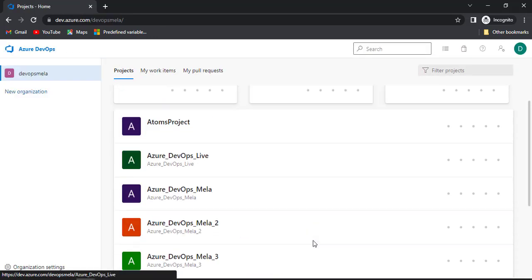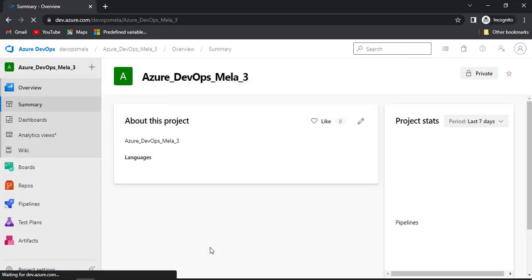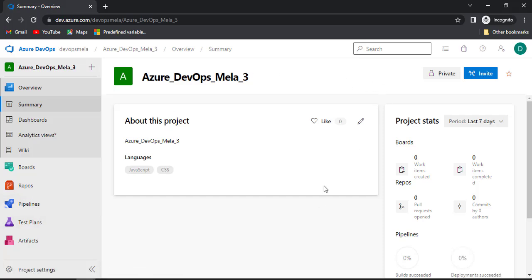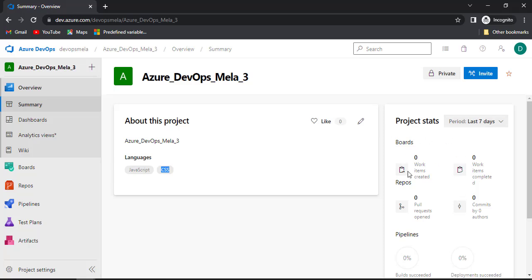Okay, these are the projects. Let me open any of these, so you can see how your project will look. In this project I have JavaScript and CSS applications, and from the last 7 days there's no work item. If I go to the last 30 days, still there's nothing, because this is quite an old project which I'm showing you right now.